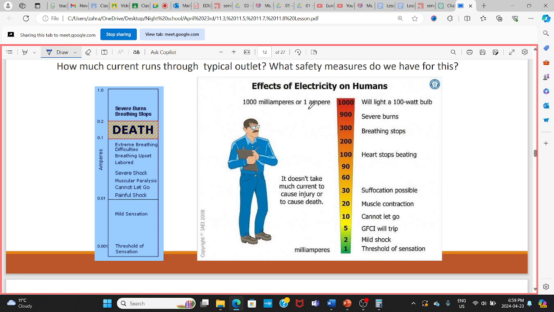1,000 milliamperes or 1 ampere will light a 100-watt bulb. 900 causes severe burns, 300 breathing stops, and just again, this is kind of what we did here, but